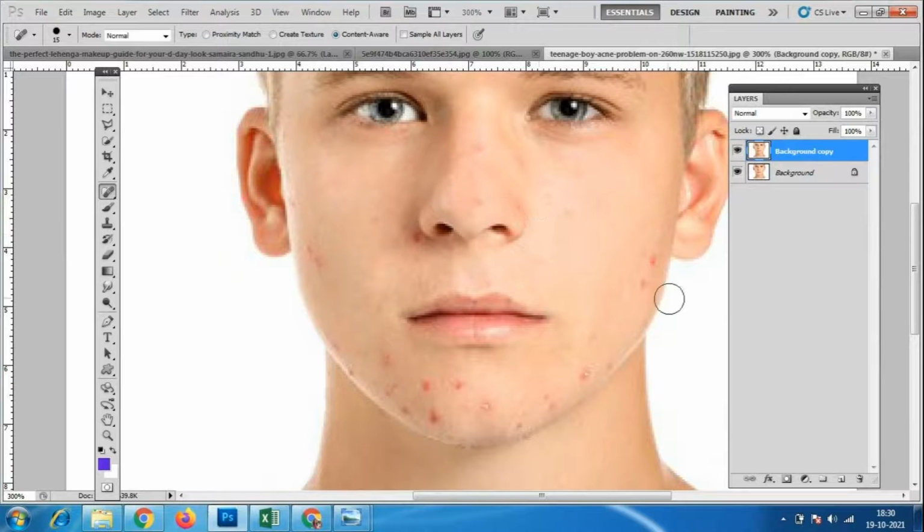Sometimes patches will come, look, the patches have come already. Reduce the brush size, and only where necessary we have to remove the marks.